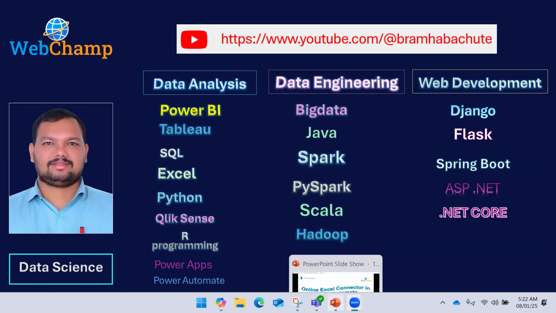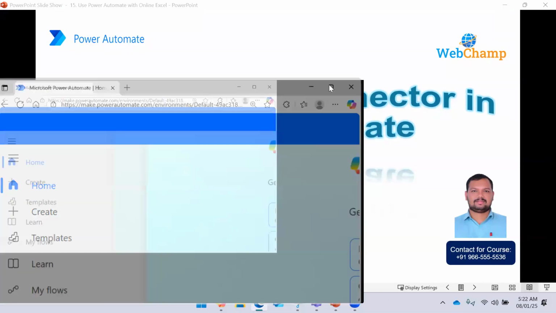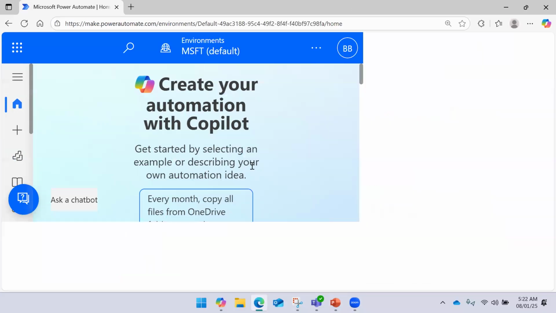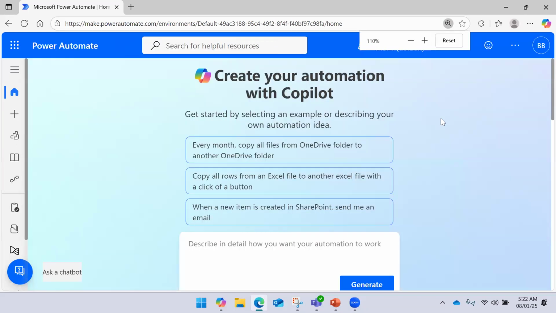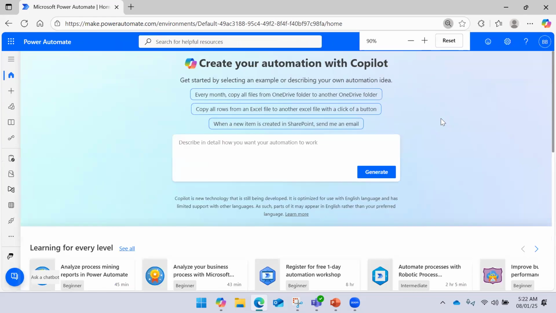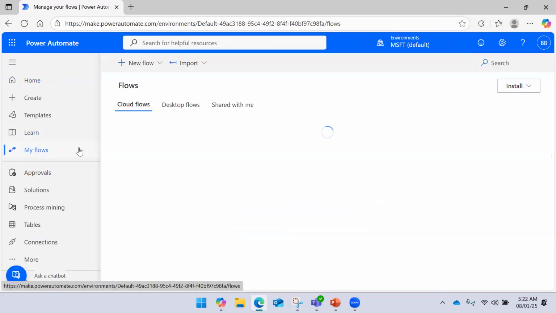So in this video, I am going to discuss online Excel connectors in Power Automate. Okay, so if you open Power Automate and you want to create a flow to do something in Excel which is available online, right, so let's create a flow